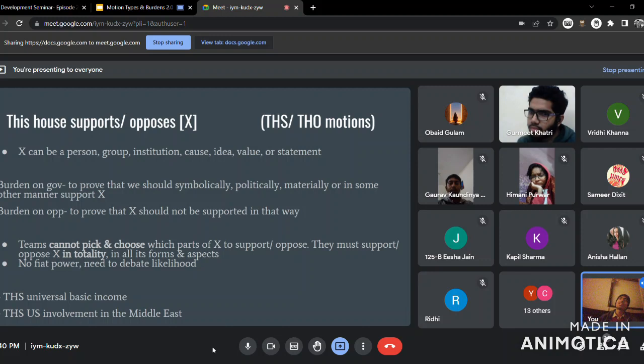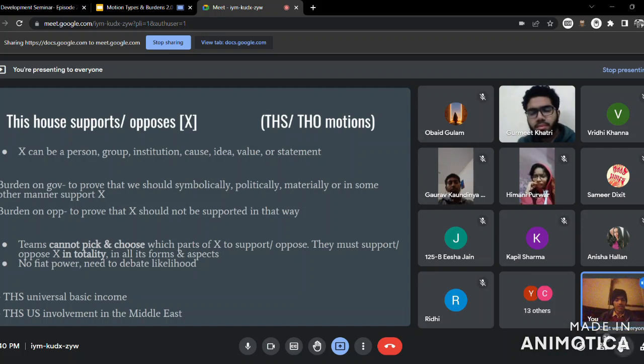So the totality thing is in this, but I don't think you can pick and choose in any motion. This is explicitly stated here, but probably applies to all motions. But the other thing that you're talking about, saying okay, there are harms but a few benefits too, is that what you're trying to hint at? Yeah. That's something that you can still do.